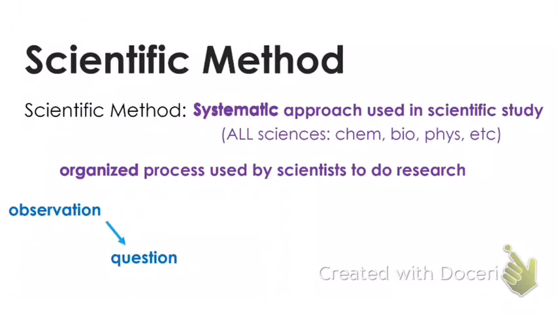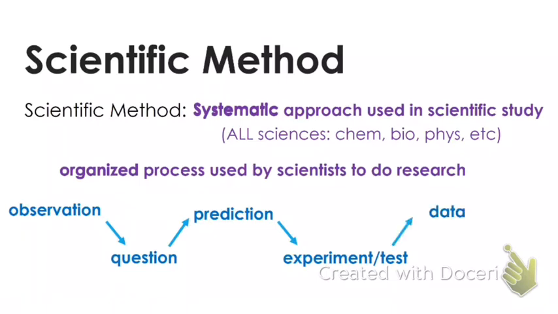And from that question, you're going to have some kind of prediction, a hypothesis about what's happening or why. And from that prediction, we continue to test that prediction and those observations in an experiment. And hopefully from that experiment, we get some information out, and that data can lead us to answer the question